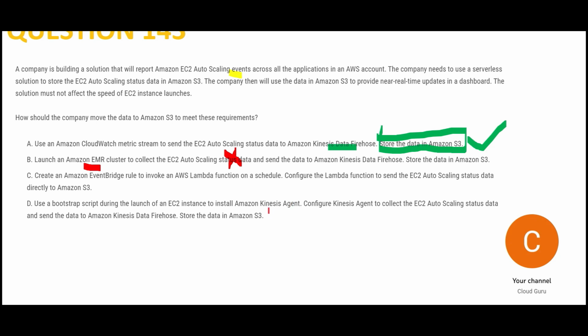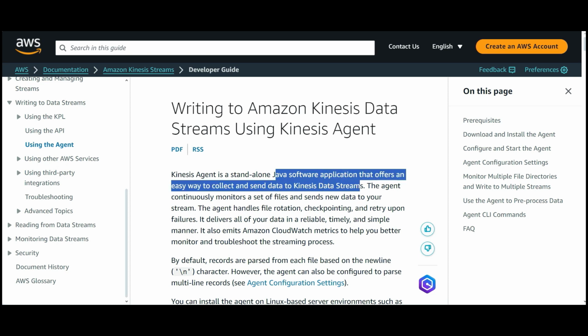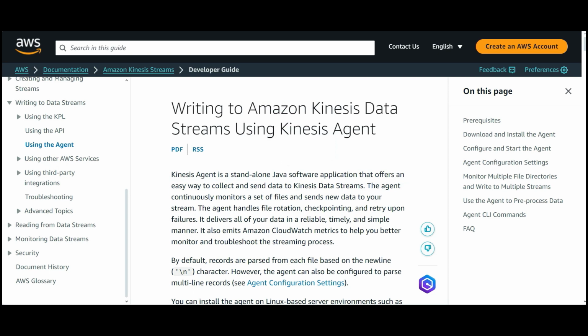See, D is saying, guys, we'll do a bootstrap. Bootstrap is when, suppose the instance starts, you need some software to be installed automatically. Then we use bootstrap. So this option says let's install the Kinesis agent. This agent is a Java software application. You can collect and send data to data streams.